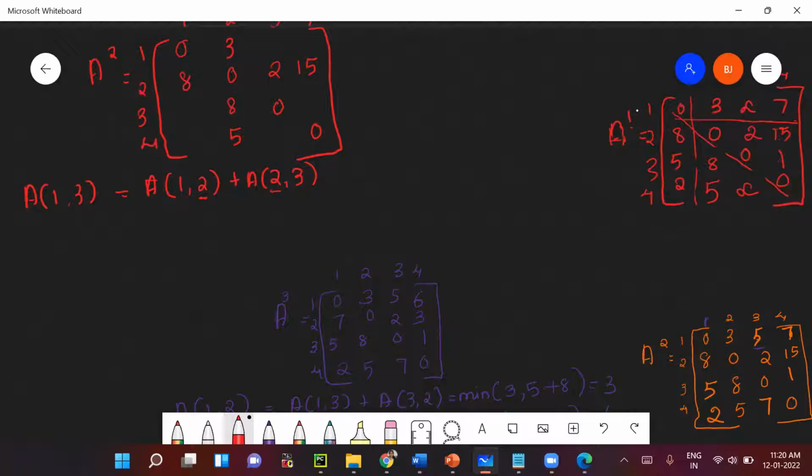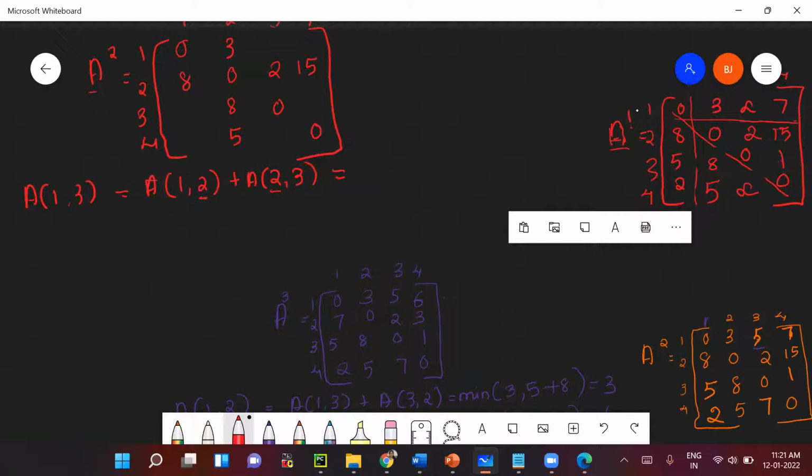Got it? From the previous distance matrix we are going to construct A2, right? So in effect we will be using 2 intermediate vertices. Which are the 2 intermediate vertices? 1 and 2. So in this step we need to write only using intermediate vertex 2. So don't think that 1 to 1 and then from 1 to 2 like that we have to split and write. Just write 1 to 2 and 2 to 3. So now you can take the value from the previous distance matrix, which is A1. What is the value of A13?